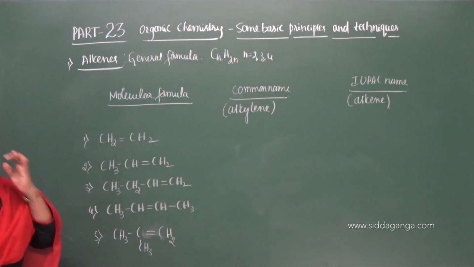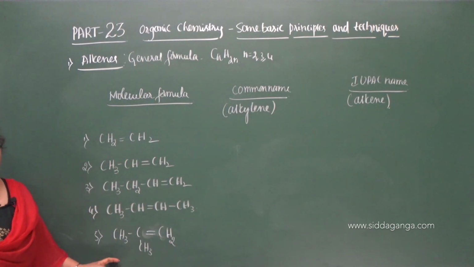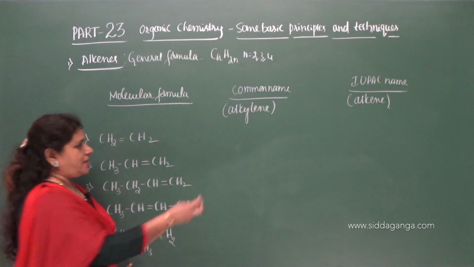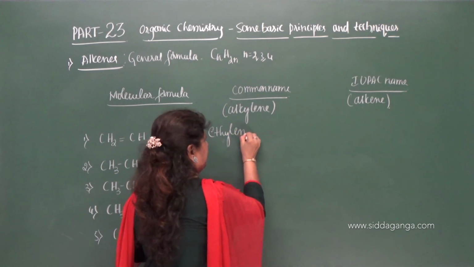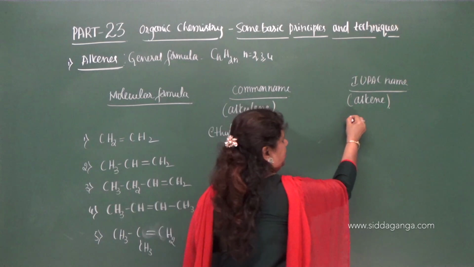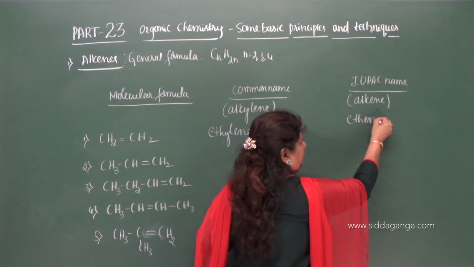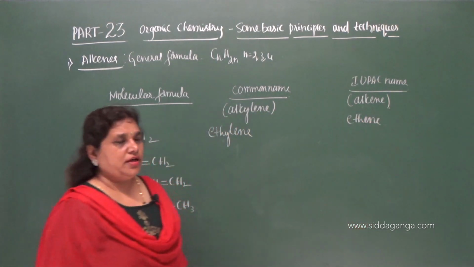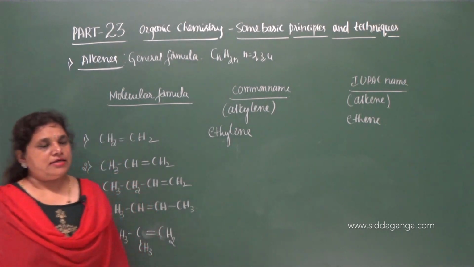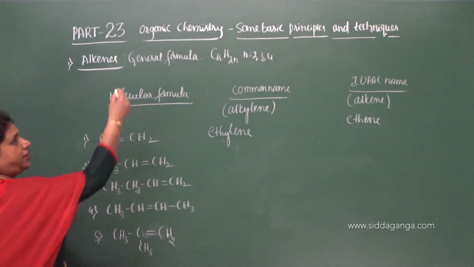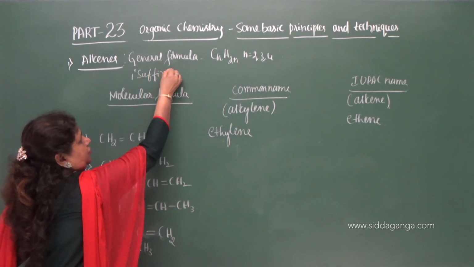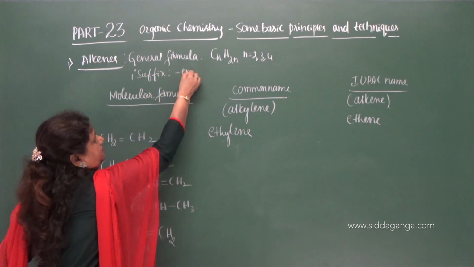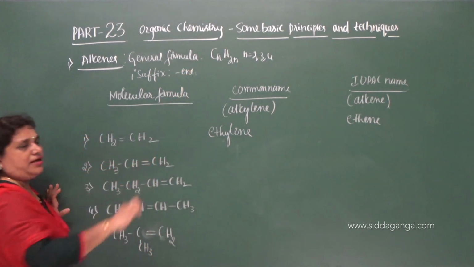Alkylene means it depends on the number of carbon atoms. Two carbon atoms are there, therefore the name is ethylene, and here it is ethene. Eth is the root word. Ene is the primary suffix. What is the primary suffix for this? The primary suffix we need to use here is "ene". "Ene" is the primary suffix.